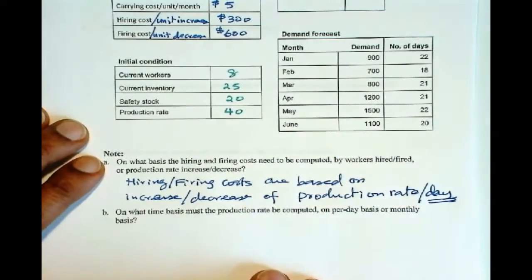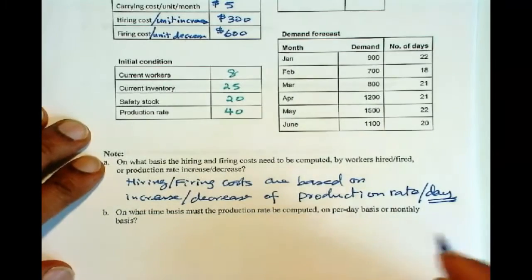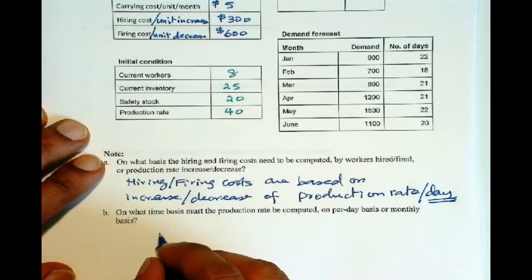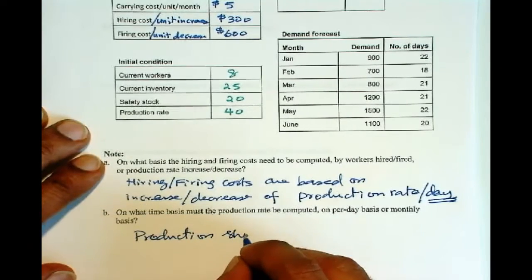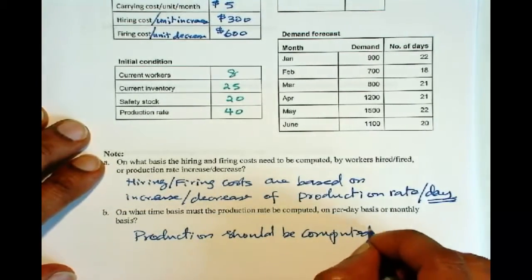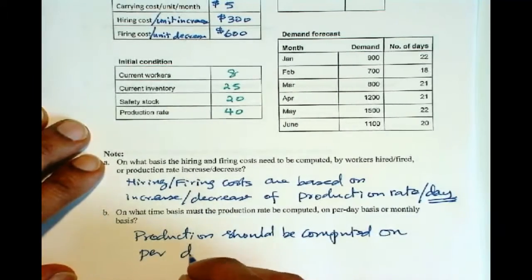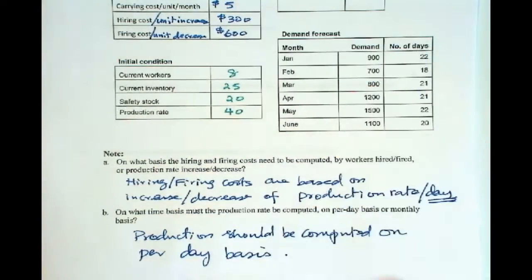And on what time basis must the production rate be computed? Per day basis or monthly basis? So production should be computed on per day basis. I want to emphasize this so we'll remember when we do the problems on the next page that we will compute these numbers correctly. Now let's go to the next page, and here we're going to compute some basic factors